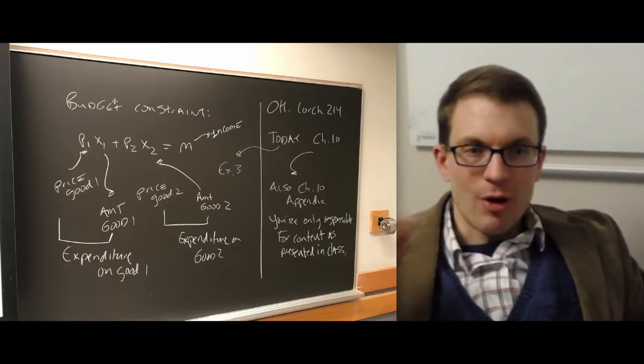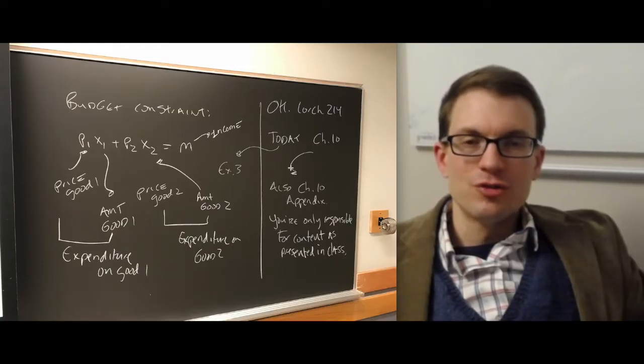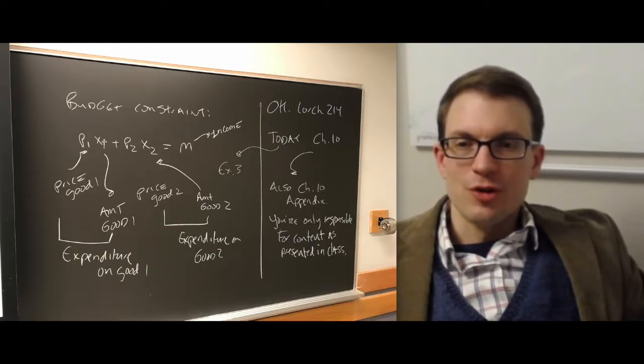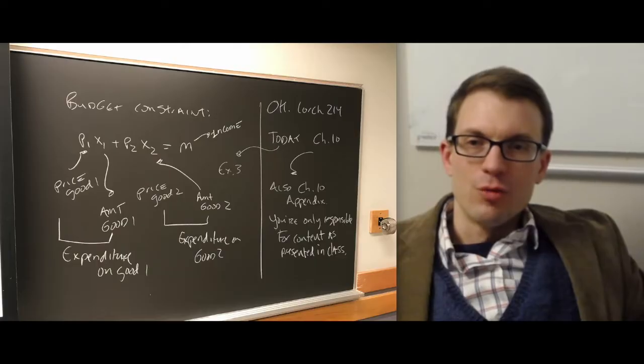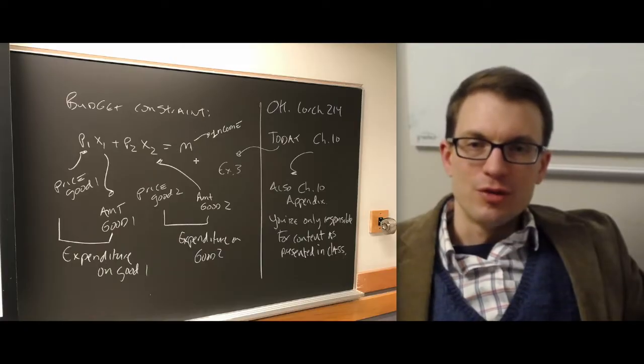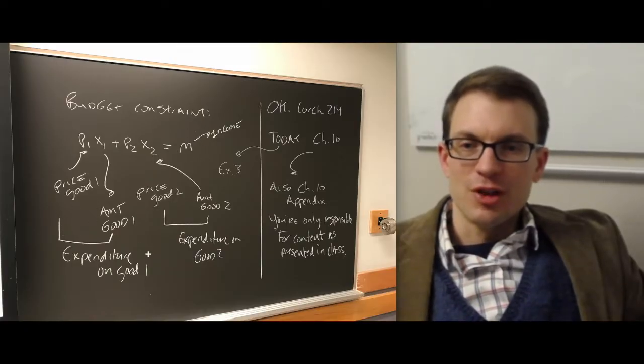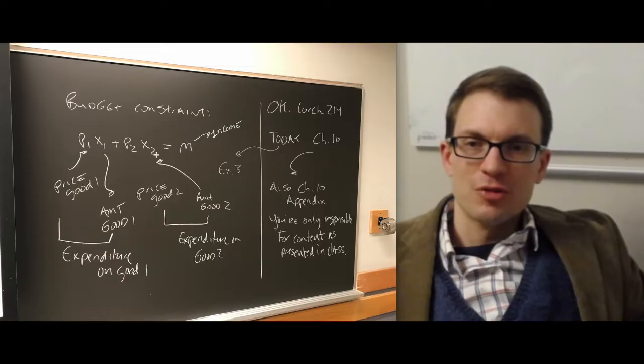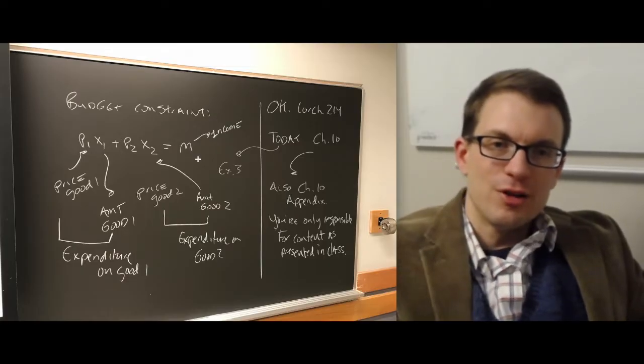All right, so here's how I introduced the budget constraint. Here's our expenditure on good 1. Here's our expenditure on good 2. And here's our income, right? So the budget constraint: the price of good 1 times x1 plus the price of good 2 times x2 is equal to the income we have available, right? So the expenditure on good 1 plus the expenditure on good 2 has to not exceed our